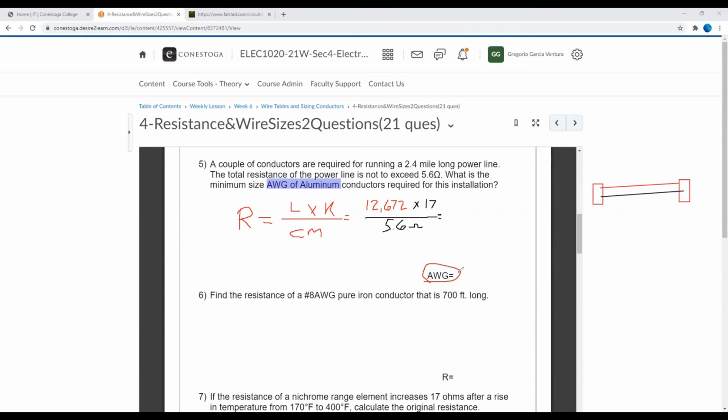So, well, we have our 12,672, and we multiply by 17 and divide by the 5.6, and that's going to give us 38,468. Okay, so that's going to be the amount of circular mills, 38,468. So if we go to the table,